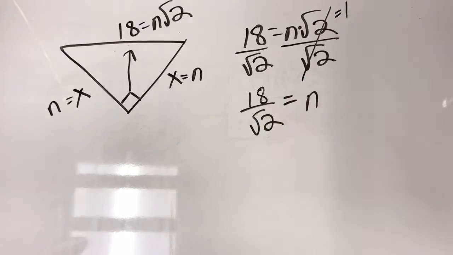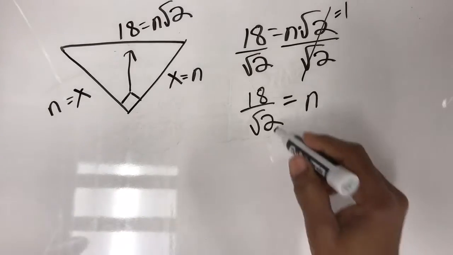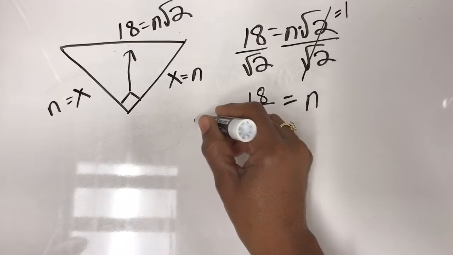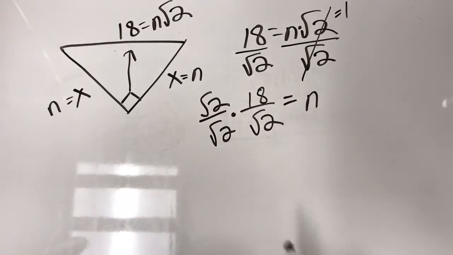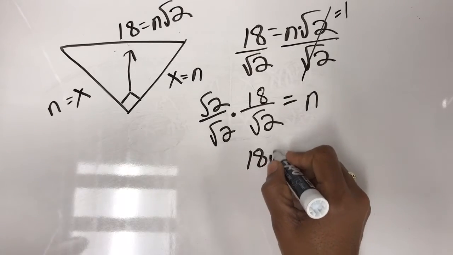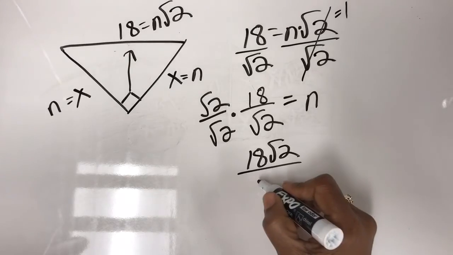Can I box that? No, because I cannot have a square root in the denominator. So I must multiply by that denominator to get rid of it. It's called rationalizing the denominator. Remember, for fractions, you multiply straight across. So I get 18 square root of 2 over square root of 2 times square root of 2. Hopefully you are